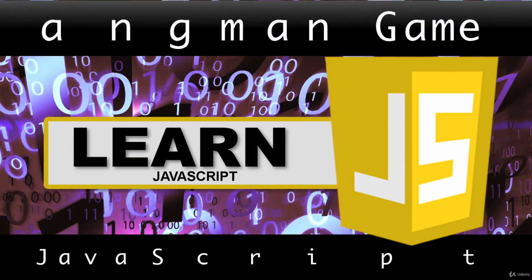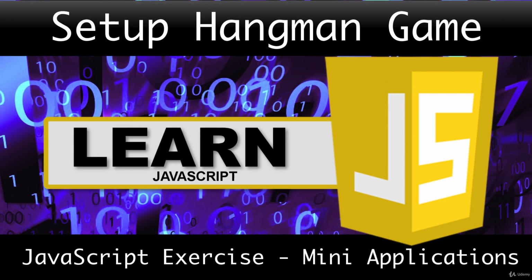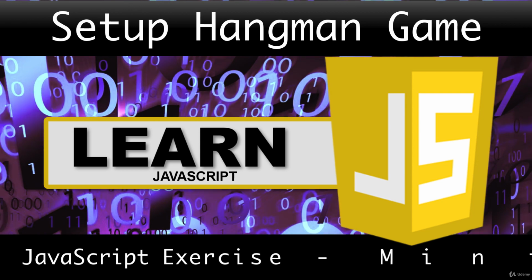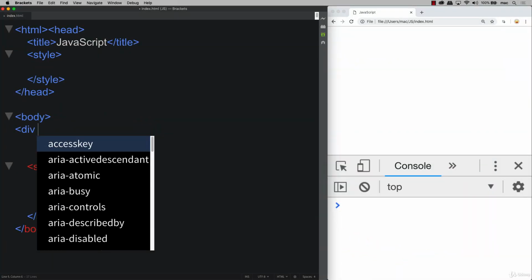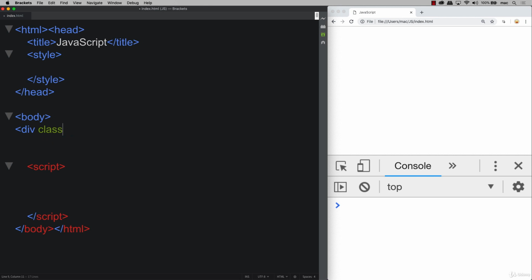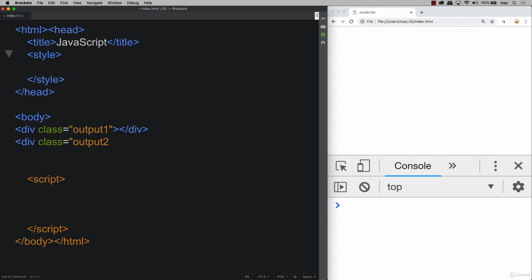Welcome. In this lesson, we are going to be setting up a Hangman game that we're going to utilize and create JavaScript functionality around. First, setting up several divs we're going to need within our HTML. We can give them a class, so we have one where we need several different outputs. We need one to hold all of the available letters that the player can select. And then we also need another output that's going to show the solution and show all of the letters that